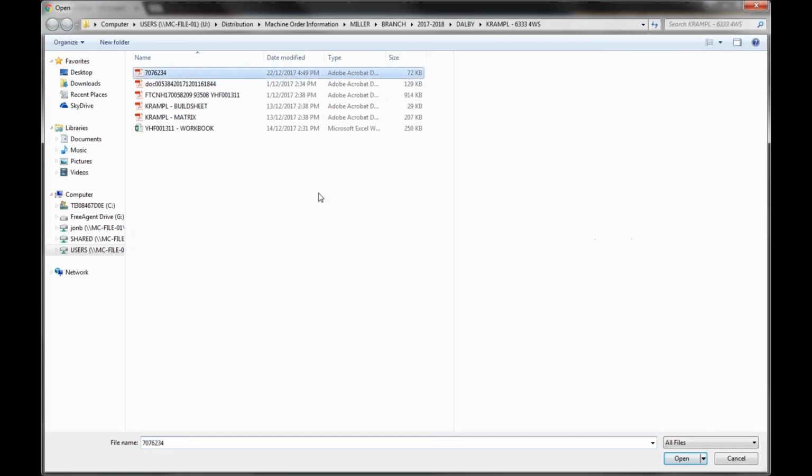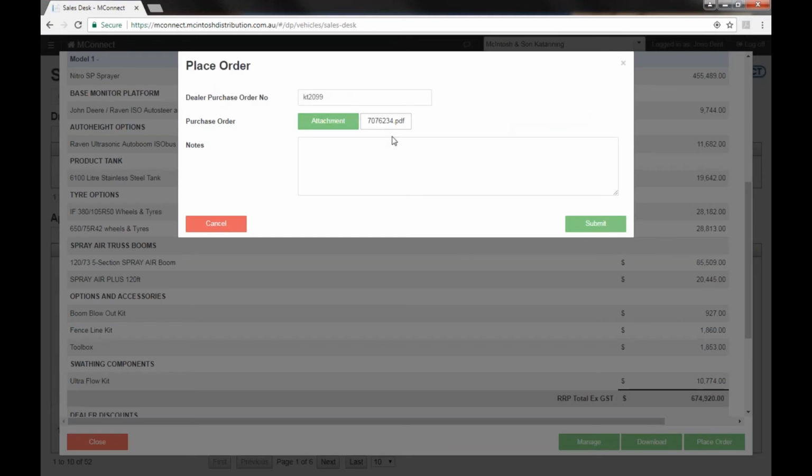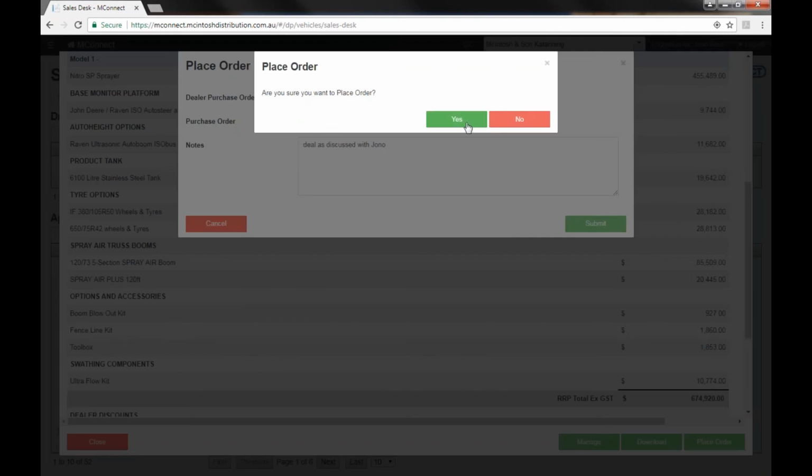So at that point, it's just simply a matter of attach the order, any notations that need to be made relative to the order, and then it's simply a matter of submitting that. So once we've gone through that point, we need to place our order,